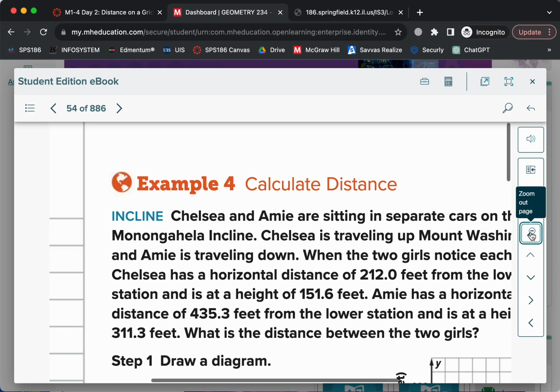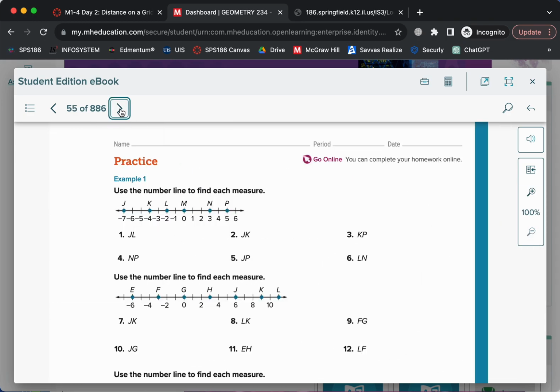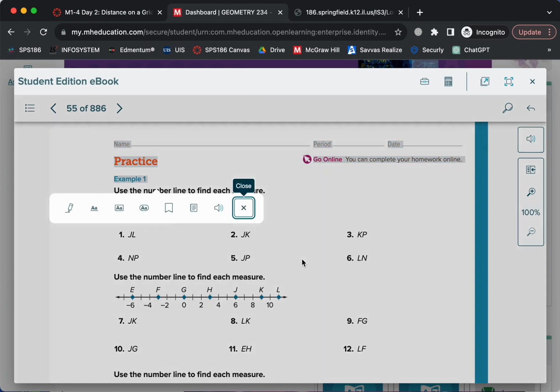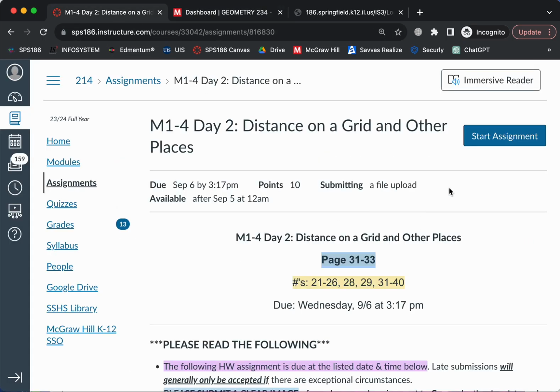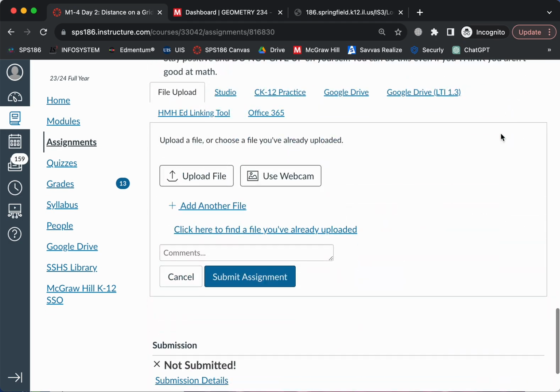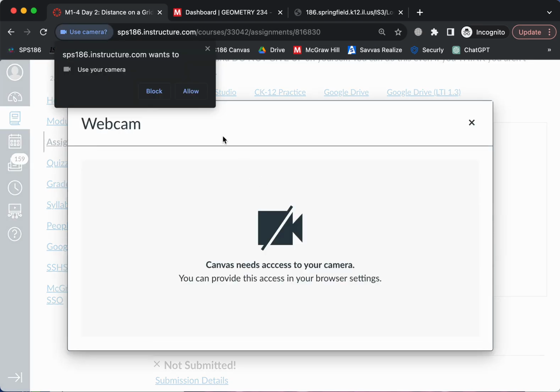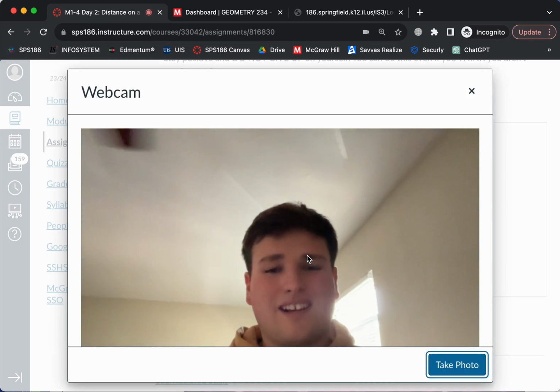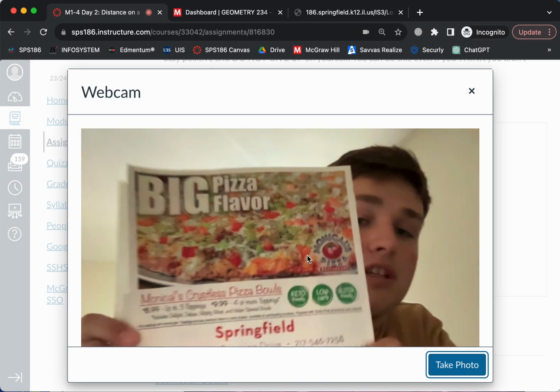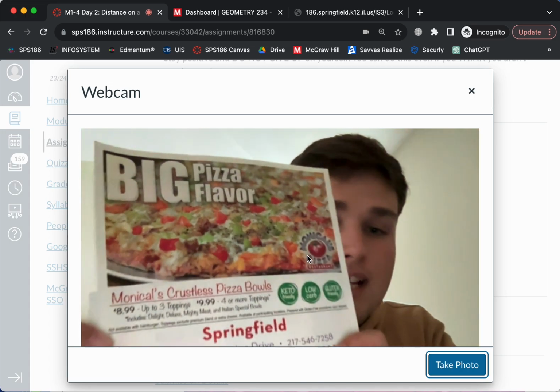book like that. And what you would do then is you would answer the required questions on notebook paper or a scratch paper. I really don't care what it looks like. And then once you're finished with that, you would come back to the assignment on Canvas, hit Start Assignment, and then you can upload a file or use your webcam. So for this example, I'll just use my webcam. Make sure you allow the use of your camera. And it's going to pop up here, hopefully. Okay, there's me. And so then you could just hold up your assignment, make sure that it's clear and it's